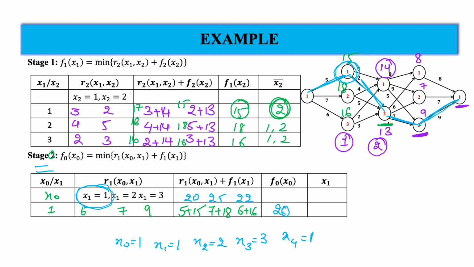We divided a large problem into subproblems or stages, and we defined a state variable, and whatever solution we obtain in the previous stage, we use in the next stage until we get to the last stage. So this is how we can find the optimal solution of such problems using the dynamic programming approach. Okay, so that's all for today's lecture. Thank you.